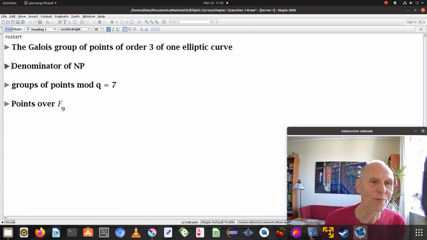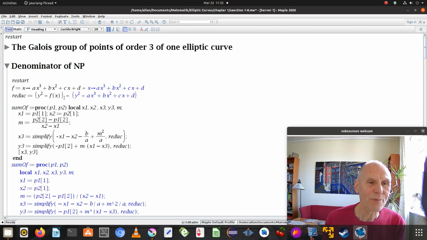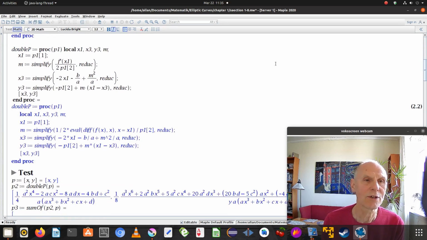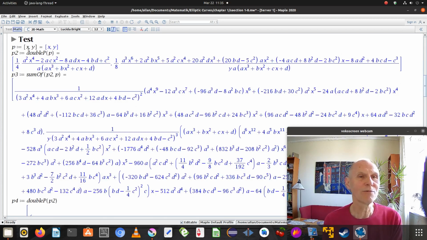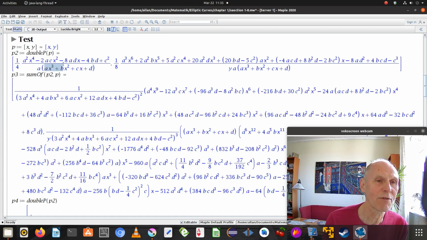But, I defined the general curve, the sum of 2 points, and the double of a point, and tested that they worked. Then we took an arbitrary point P and found the double of it. So in the denominator we have f of x itself,